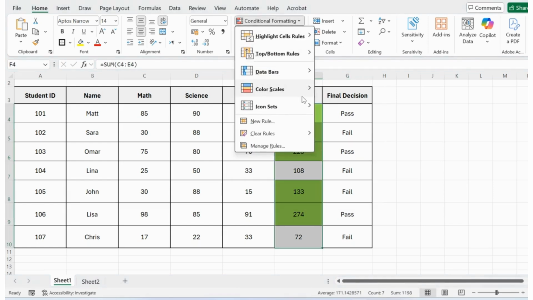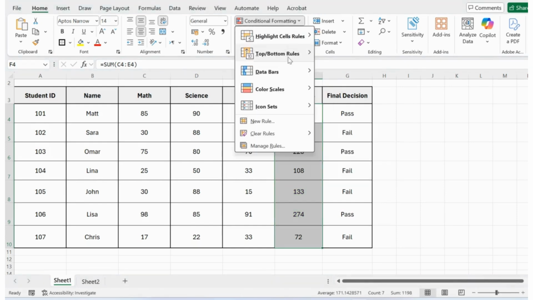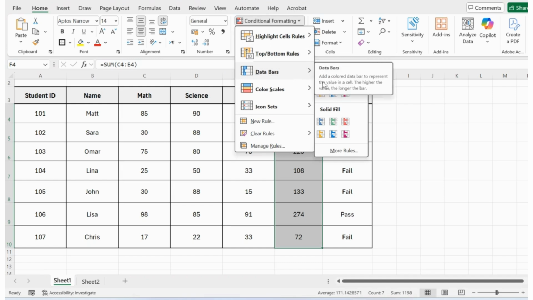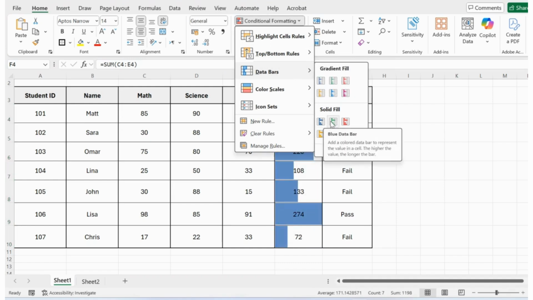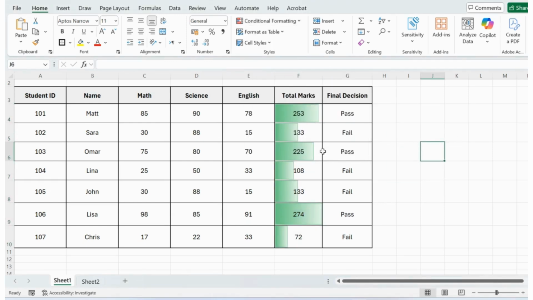Now let's move on to data bars, which take your visual analysis a step further and make comparisons much easier to see. Data bars place horizontal bars directly inside each cell, giving you a visual representation of each value relative to others in the selected range. Longer bars indicate higher values, while shorter bars represent lower values, allowing you to understand patterns instantly without even reading